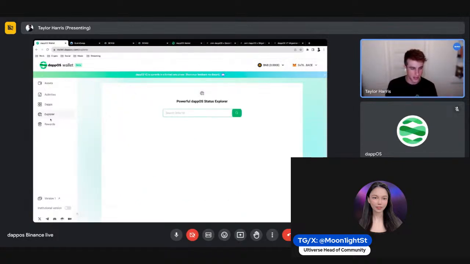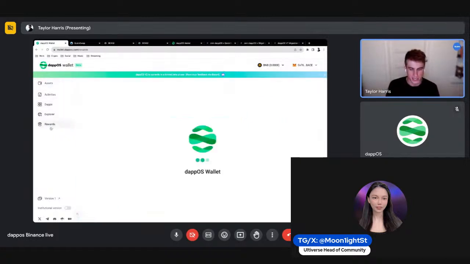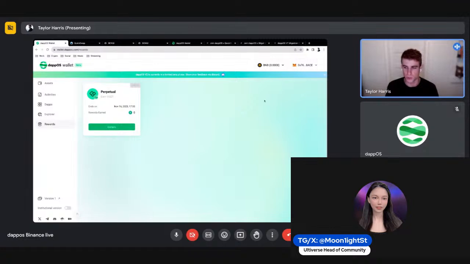And then finally, the last thing, since we already went through assets, activities, dapps, and Explore, is going to be the rewards. This is actually where your rewards are going to show up. The more that you do with the other dapps, the more rewards you win. For example, like I just mentioned with using QuickSwap and Manta Pacific Fest, this is where you're going to be able to see the rewards that you earn from using your dappOS wallet. And like I said, everyone likes rewards, so it's always awesome to open this and see what rewards you did earn and gain.